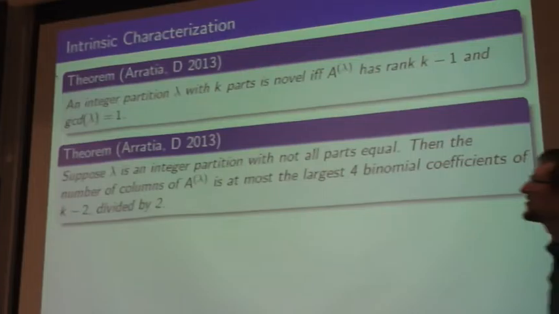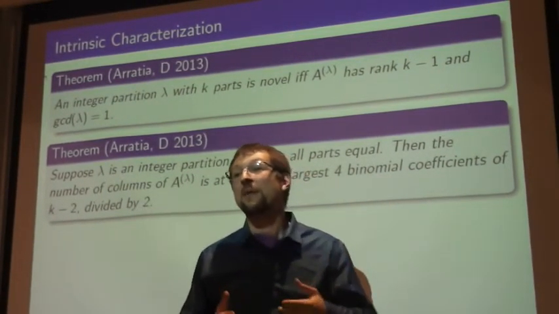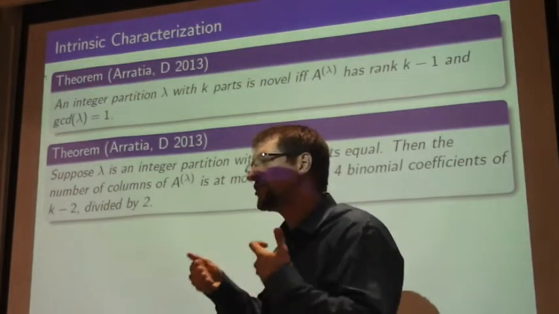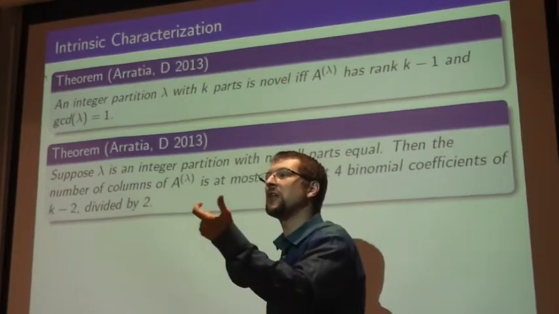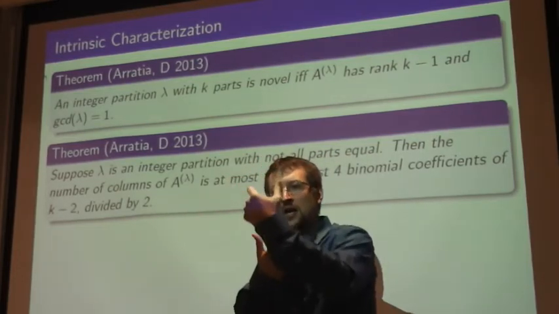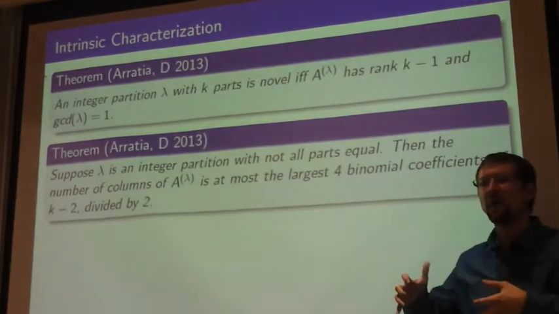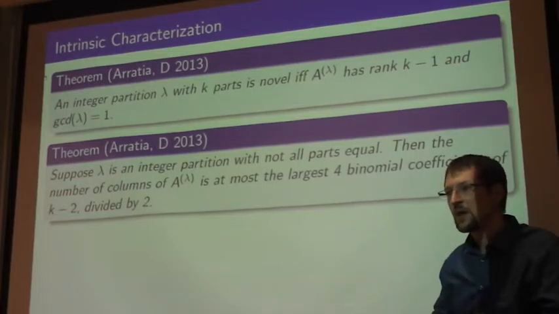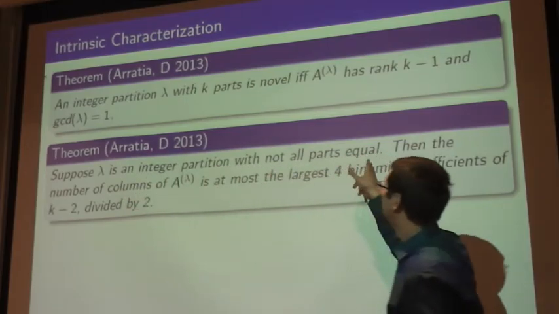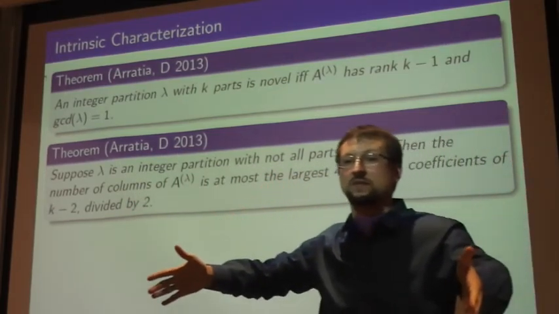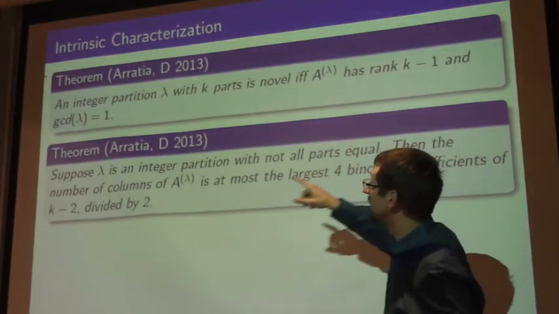Now, it's great that you can determine whether or not a partition is novel or not. But then at some point, when you're thinking about the asymptotic expansion, you might want to say, well, is this partition a strong player in the asymptotic expansion? Where does it fit in terms of significance? And this is where we took the Littlewood, Offord, Erdős bound, and we did a nice little special case of it. And we were able to show that, let's suppose you have an integer partition, but it's not the sequence of all ones. Okay? So it has to have at least two parts which are unequal. Then, the number of columns of